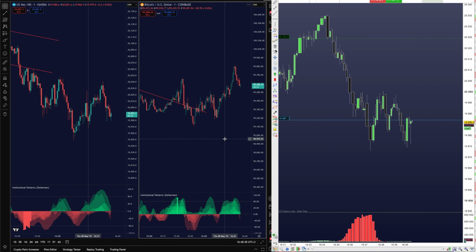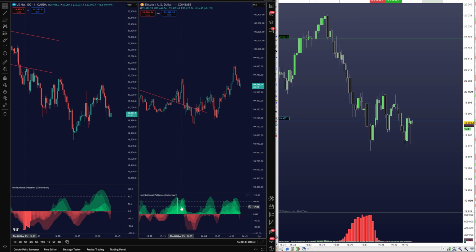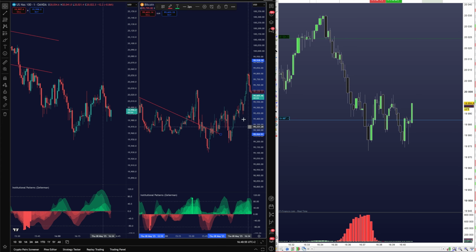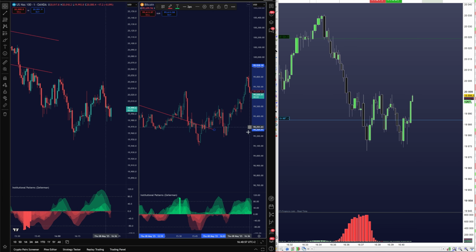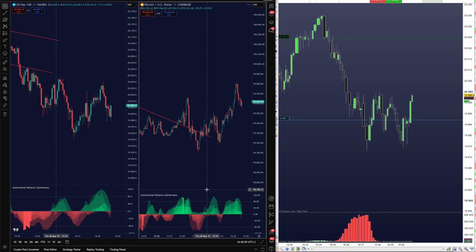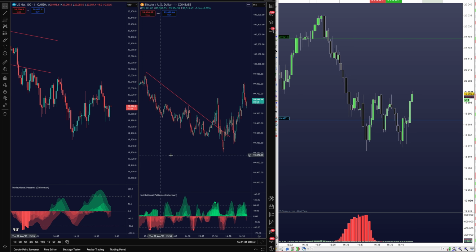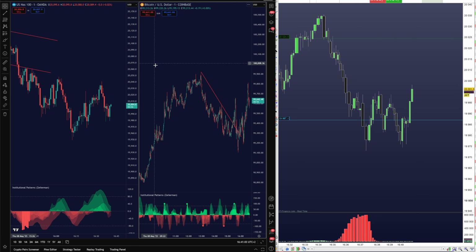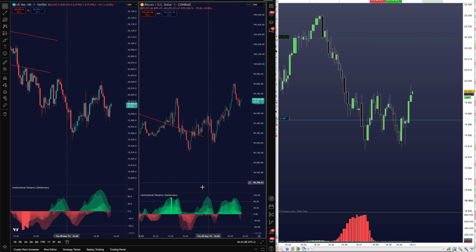All right, back to the Bitcoin trade. So we see these candles in the institutional order flow. They are bullish at this area. So I was starting to get bullish on Bitcoin again after this retracement. We got a little bit of pullback, momentum traders, momentum to the downside, but still nice